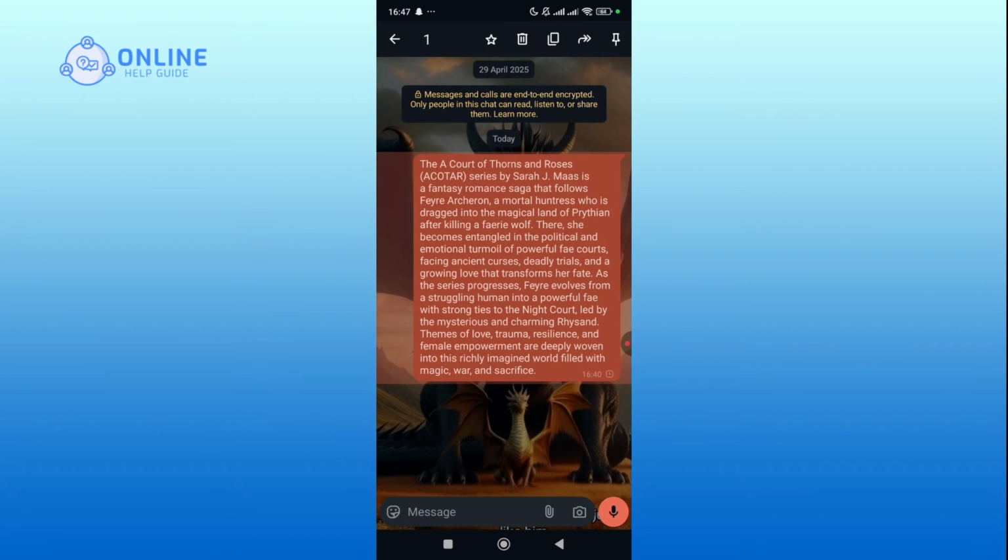As you can see, there is no direct way to forward the message to email, but here is a trick. Just go back and click on the copy icon. Once the message is copied, open your mail